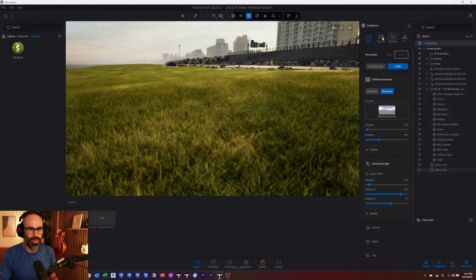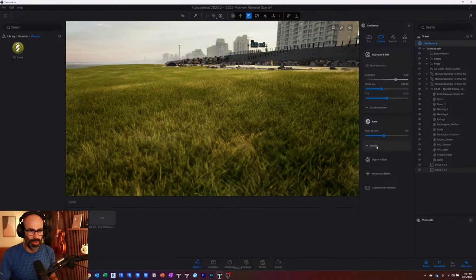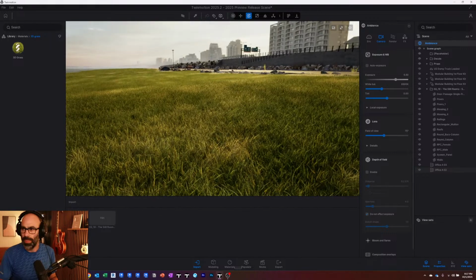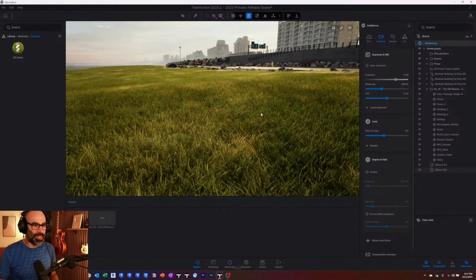Let me turn off, looks like depth of field is on. Hold on. Depth of field is on. There we go. Okay, that's better. As you can see, and this is a 3D grass material, so it's lighter, it's faster, right? It does its thing. The presets themselves, the other thing I'm super excited about, so if I